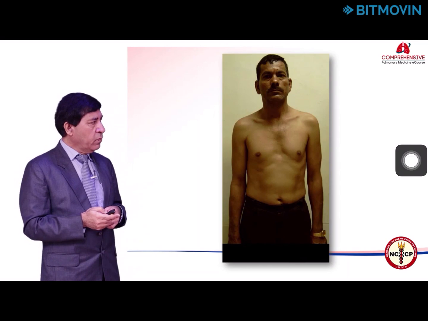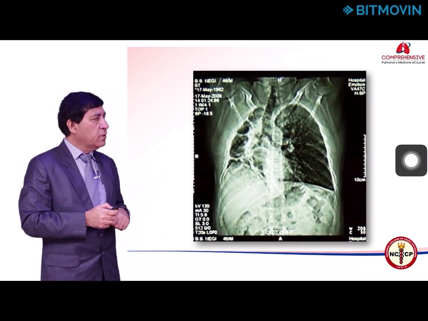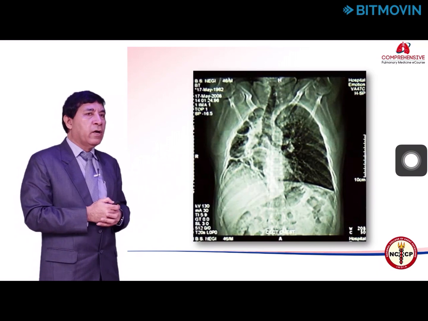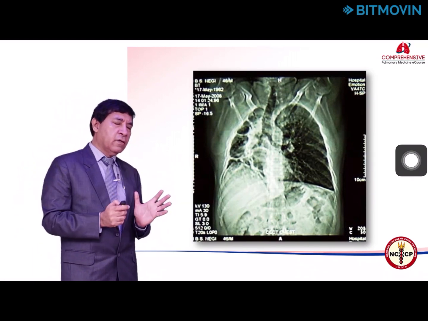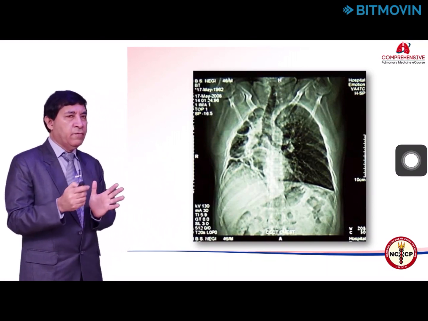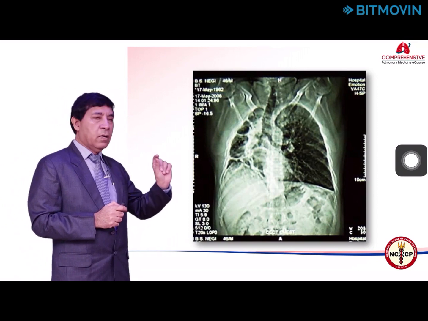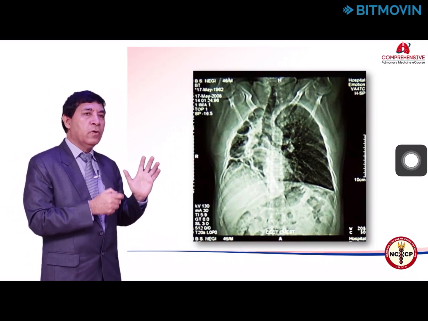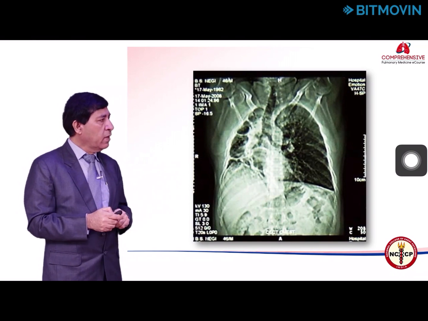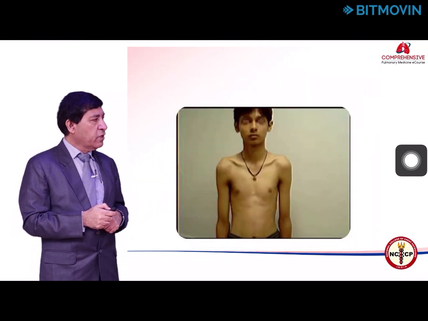So if you see this patient's X-ray, you can see that this patient has an almost destroyed lung on the right side. So you can correlate the size of the hemithorax on X-ray with the clinical examination by looking into various important landmarks on the chest wall to appreciate the size of the hemithorax. Just to reiterate, there is another example here of a child.